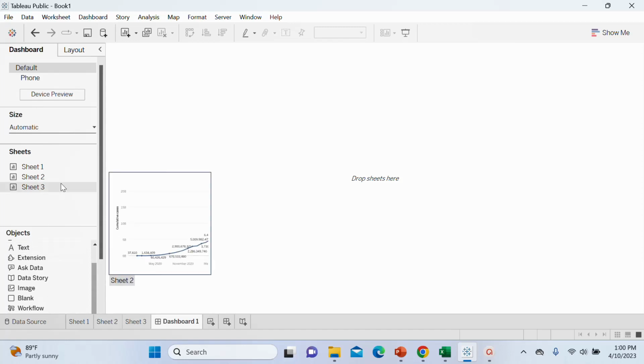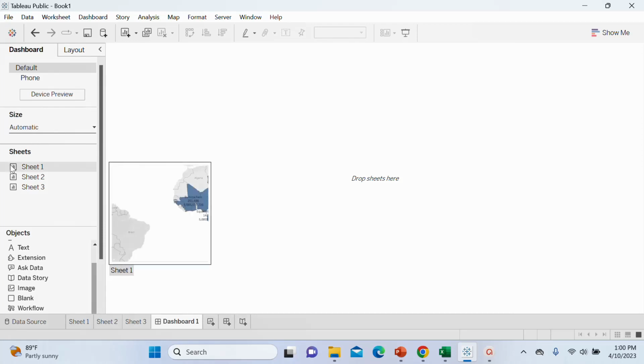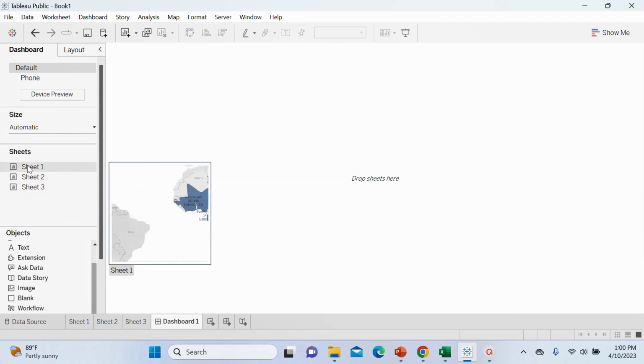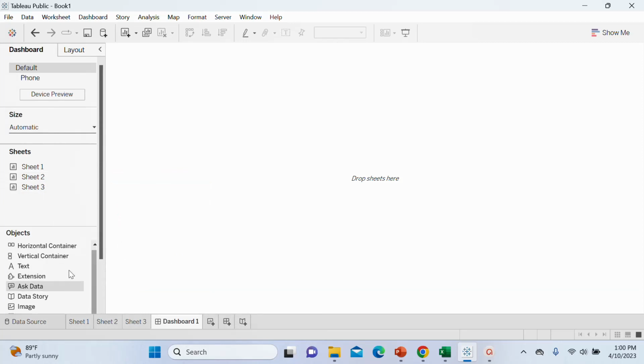Now, once you've established the size, just directly below your size, you have the list of visualizations you've made in those worksheets that we've created so far. So we have sheet 1, sheet 2, and sheet 3. And then here we have objects, right? In objects, you establish how you want to design your visualization. Do you want it